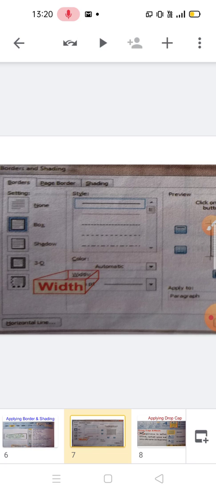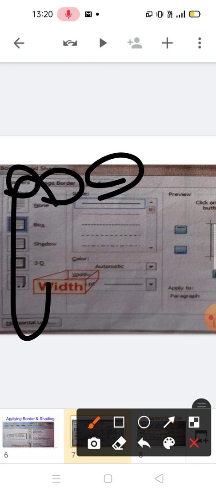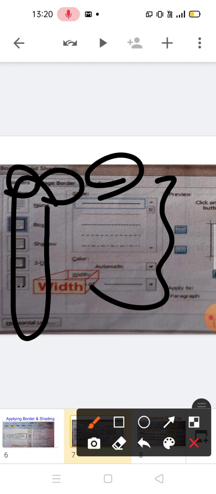border and shading. In this box there are three options. First is border, second is page border, third is shading. Here are some more options for shading. Here is the line formats. With the help of this you can change the format of the line.